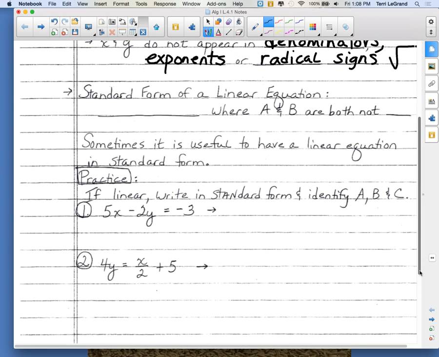One of the forms, we're going to learn lots of forms in this chapter. One of the forms is standard form. So standard form looks like this. Capital A, little x, plus capital B, little y,